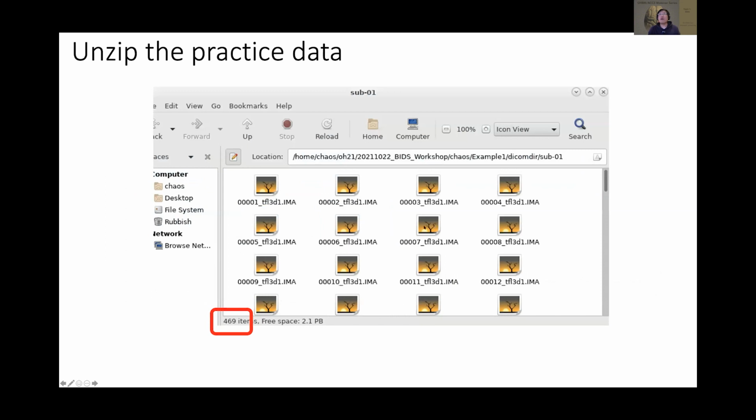So I just took a screenshot of what the DICOM DR looks like. This probably reminds some of you of the unpleasant experience when you get data from the scanner, or someone gives it to you, whether on a hard drive or CD-ROMs, and you find all of the DICOMs stuck in one folder. It's like you go home with all of the pages of several books, but you don't know which page belongs to which. So that's what we're going to start with. The first part of BIDS is called DICOM sorting, which is going to do that.